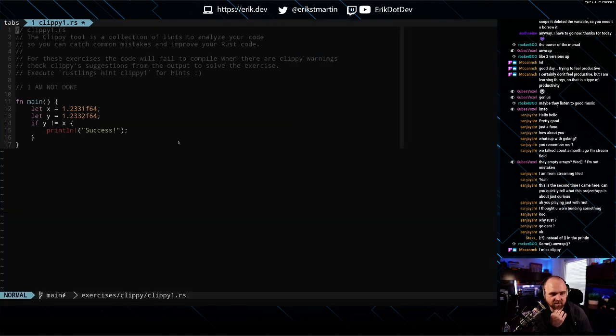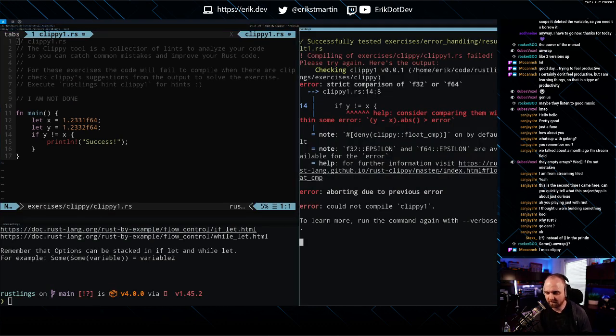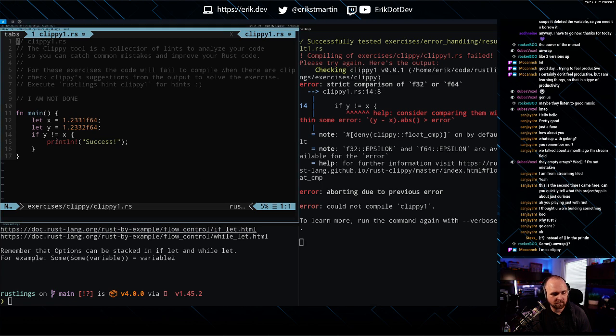Check Clippy's suggestions from the output to solve the exercise. Okay. You miss Clippy? Why don't you have Clippy? Consider comparing them within some error. So, wait.